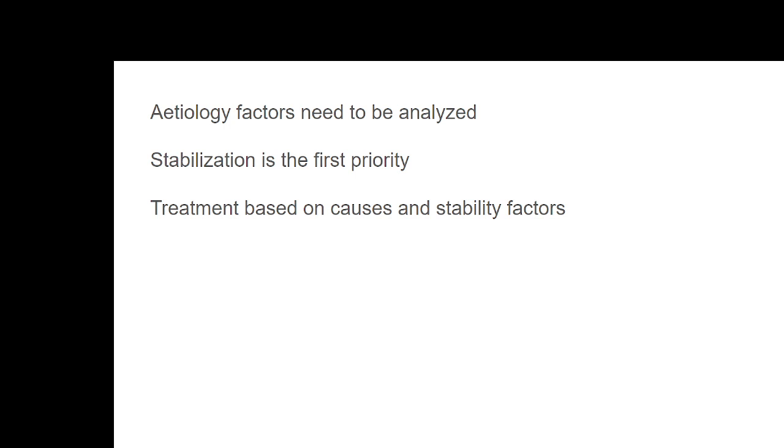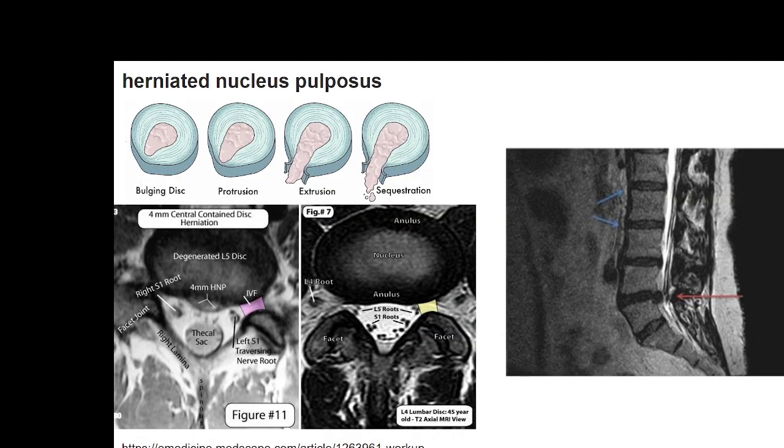But if the patient has undergone surgery and then the stability has been established and then the symptoms do occur, in such conditions I would treat the patient exactly as we have discussed earlier about the canal stenosis protocol of the treatment. Then the other area where you will have more number of patients would be herniated nucleus pulposus, where the patient would have intervertebral disc pathology and the disc becomes herniated, and a large number of patients whom we